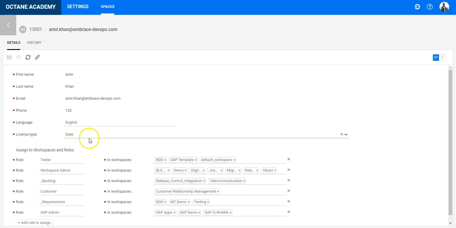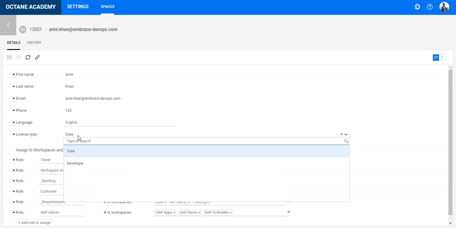And under the license type, you will see there is now a list which allows you to access two types of license. So the developer license is built on existing Pro or Enterprise Edition licenses you need to have. So without core licenses, you cannot install the developer license. But once you have a set of core licenses, you can install the developer license on top and either assign it from the site administration or from the space administration